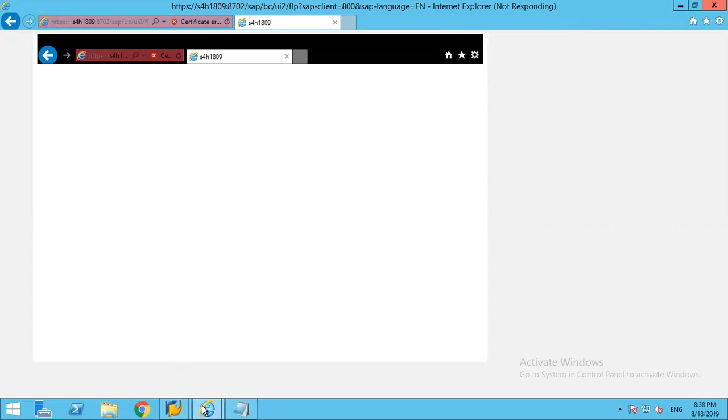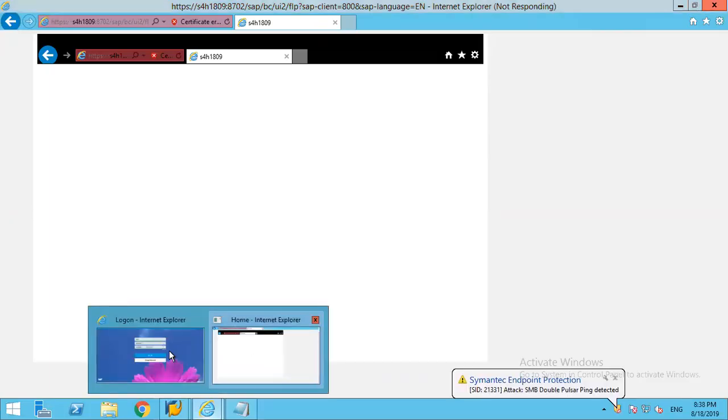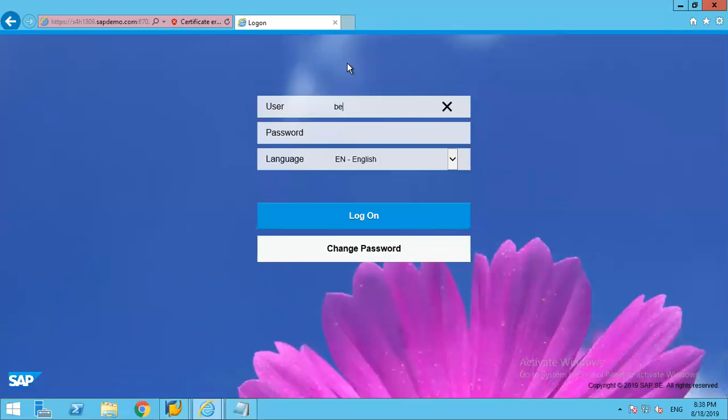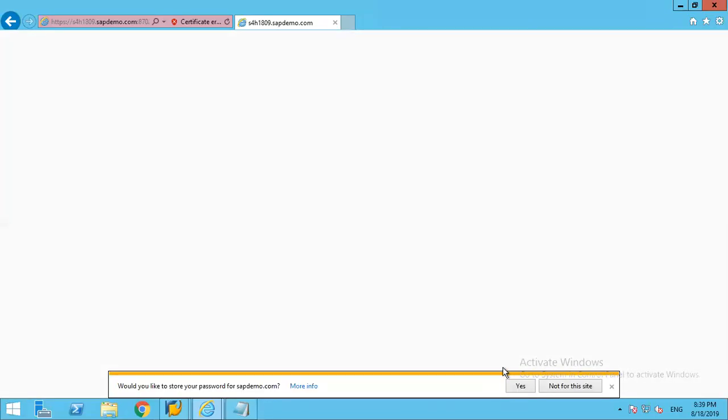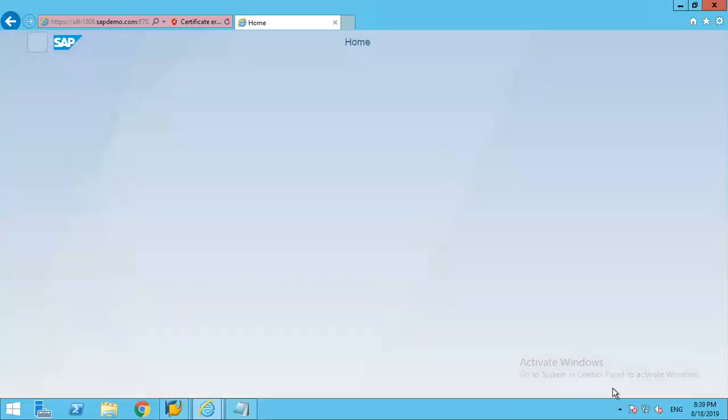Looks like there is some issue with this. Okay, the same user ID and password, whatever we have, we can use the same thing and just say